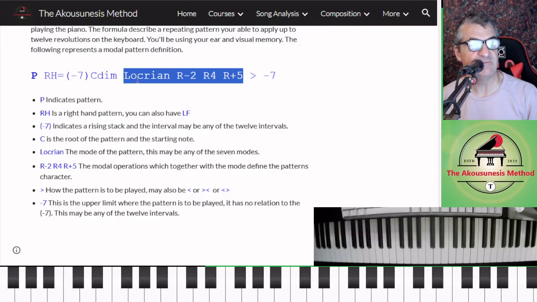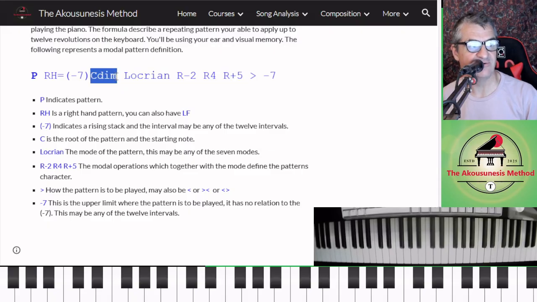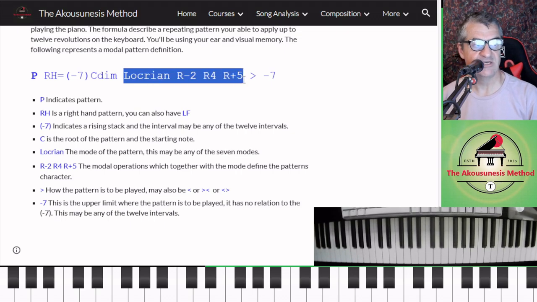Now, when you see this, it means play the whole mode. So you're playing the Locrian, right? So we'll play it in B. It doesn't matter where we're going to start. This is telling you what we're going to start on, but we're just looking at this right this second. So we'll start on B, because we know the Locrian in B. If you don't know your other keys, you know the B Locrian because you know the key of C, right? So now let's have a look. We're going to remove